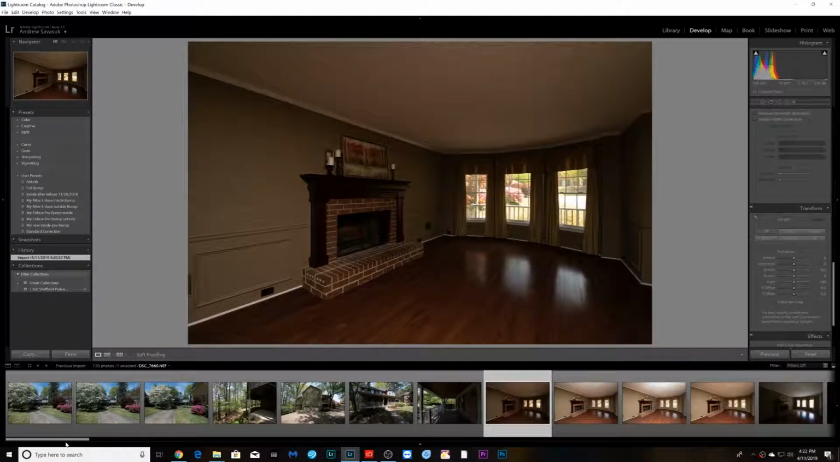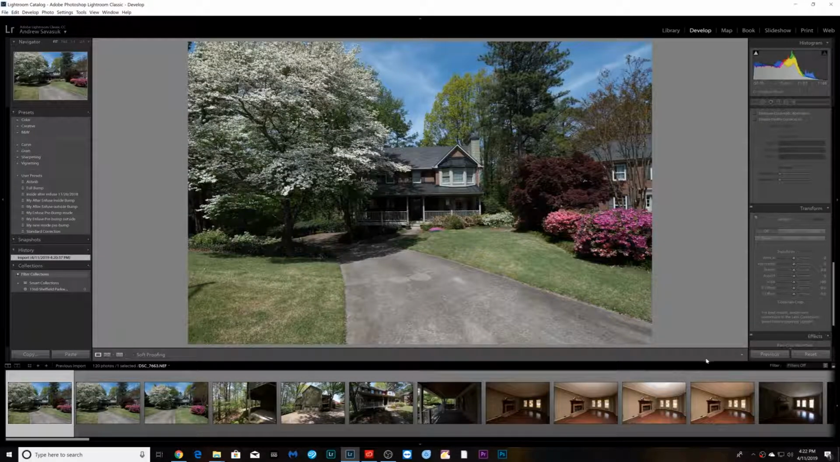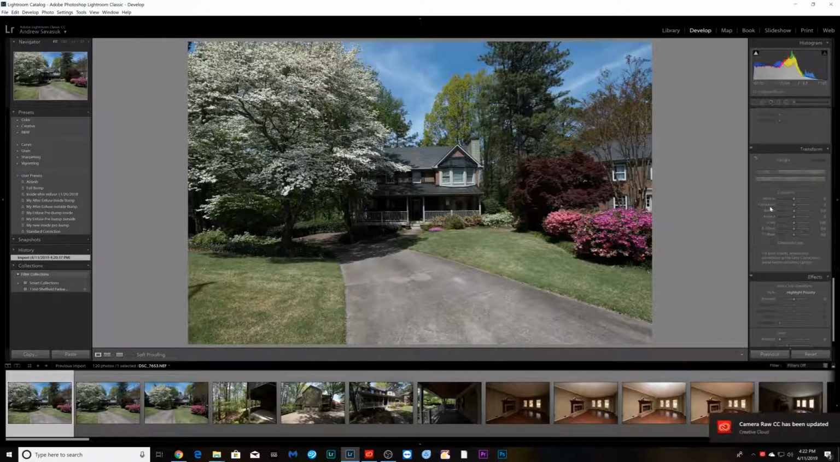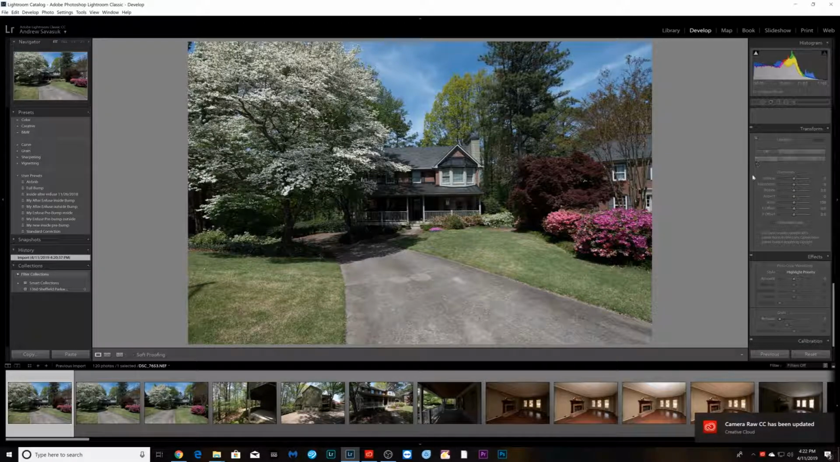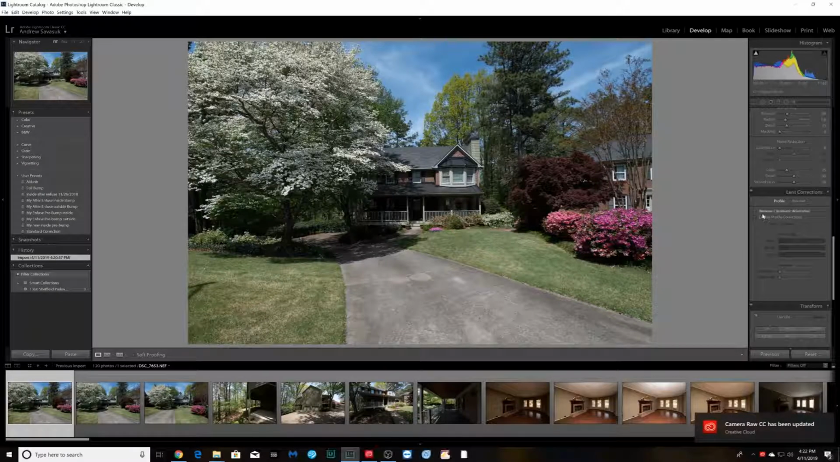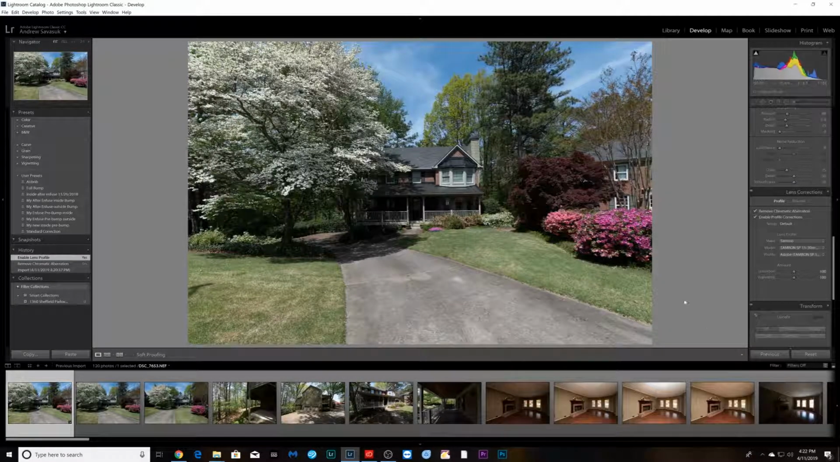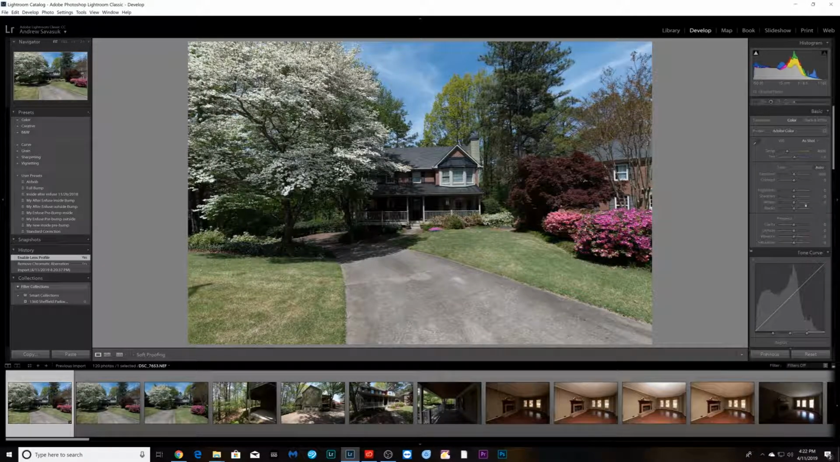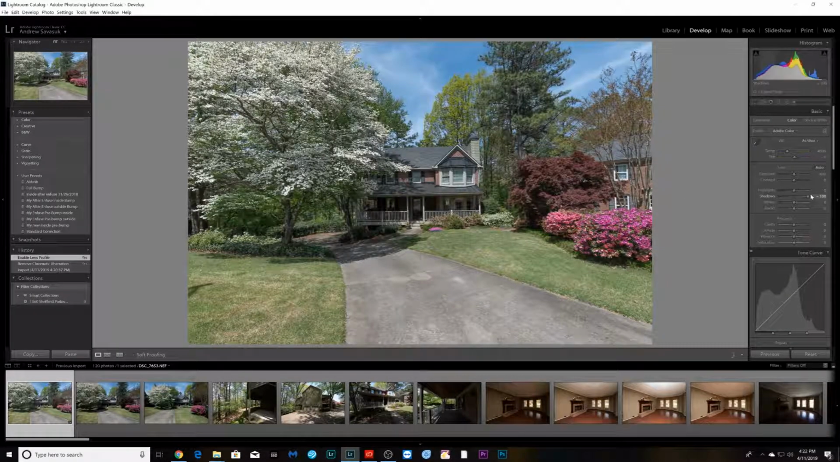Okay, so here's our house shot today. Here's the outside. I'm going to remove chromatic aberrations and do the lens profile correction on this one, and since we just did single exposure, I'm just going to manually do some adjustments